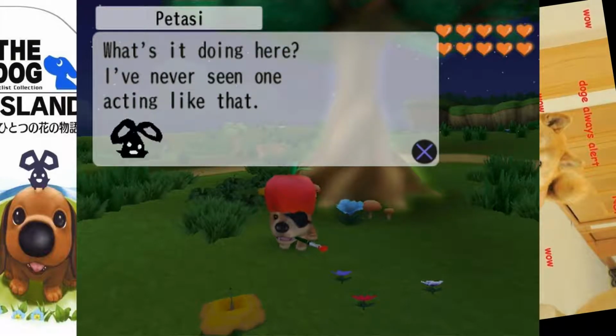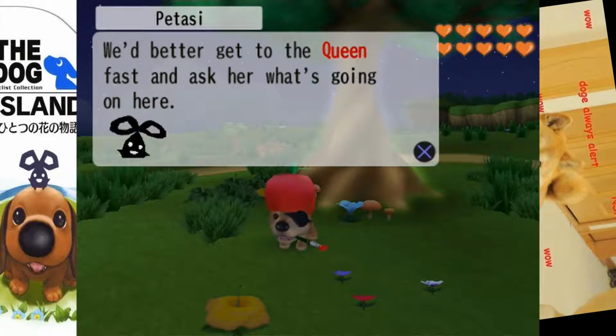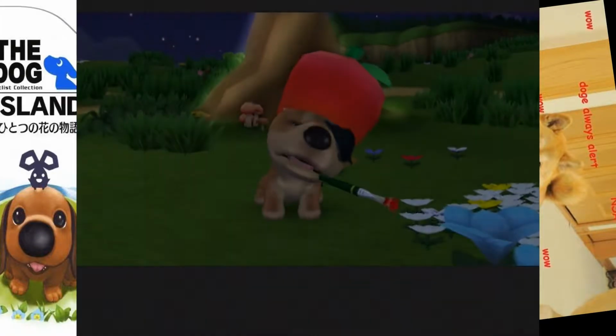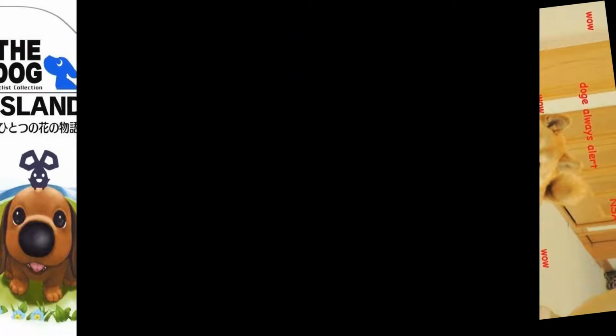Peaceful my ass! We need to ask the queen about the space whales. Oh. I mean, you did not expect the Dog Island to have space whales? No! At this point? At this point? I didn't expect all fucking...